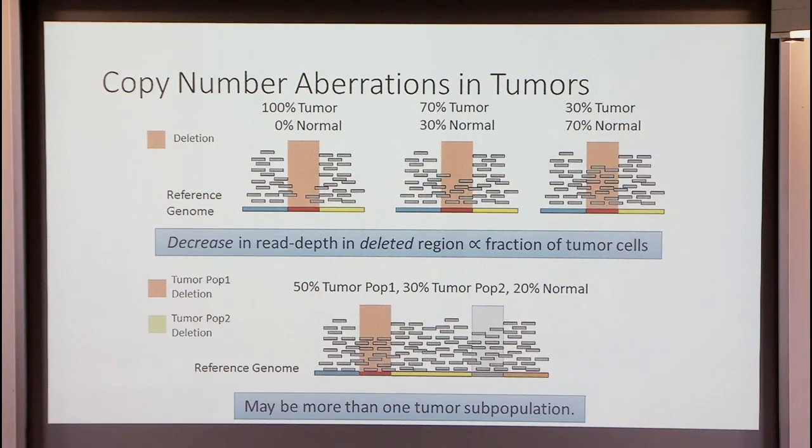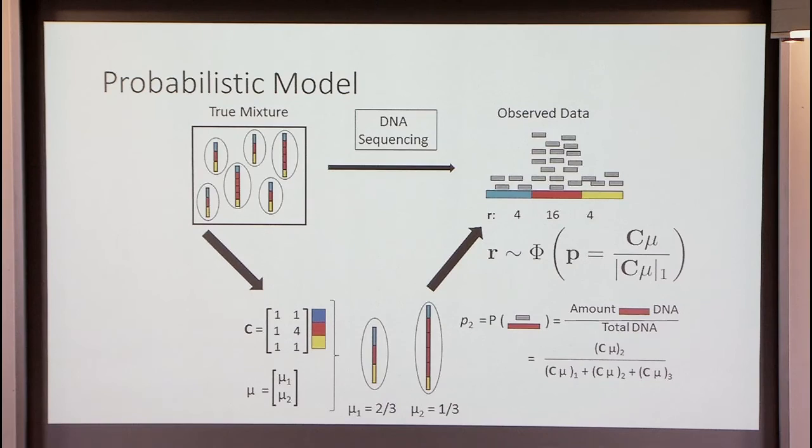And then, if we have more than one population of cells, as we often have, then we can also see that these decreases in read depth in this cartoon will perhaps indicate which copy number variant is in which population. So here's an overview model, and there are many different approaches to do this, but the interesting part is that by looking at copy number variants, we can describe this mixture. Again, this is the cartoon, but we can describe this mixture.